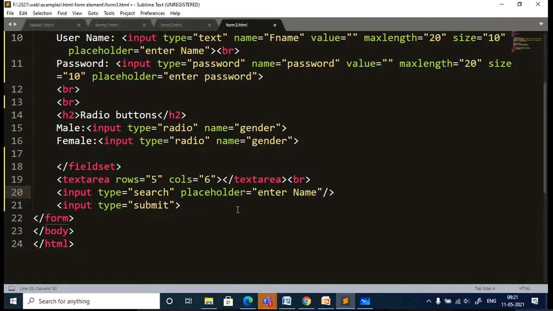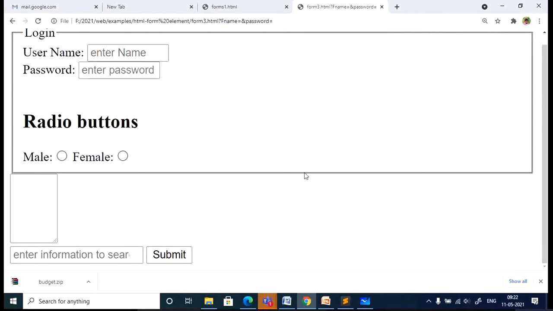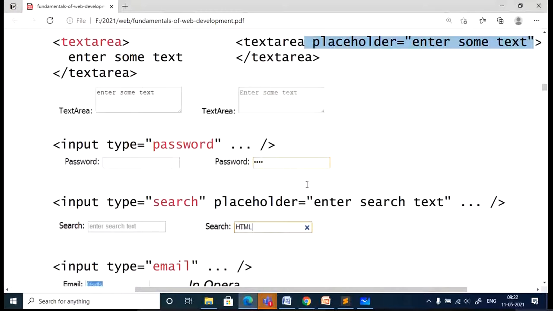There are so many attributes; you need to go through them in detail so that you come to know them. Here there is nothing, and normally if there is nothing, the user wonders what to give. Instead, you can give a placeholder so that it clearly tells what type of information we need to enter. Are you able to see? This is one new thing you need to add along with the input types we discussed yesterday.